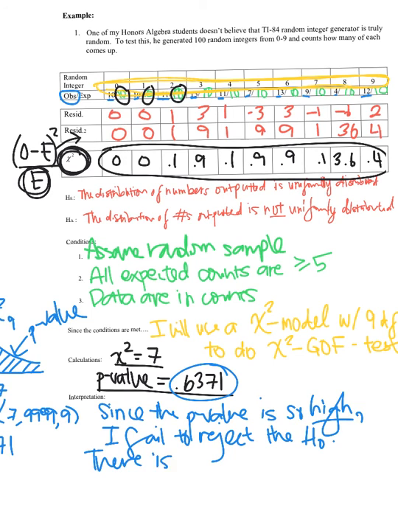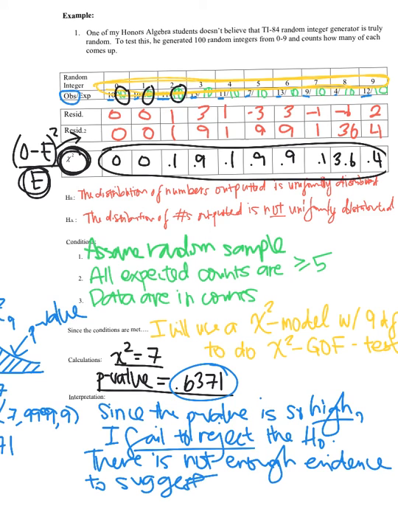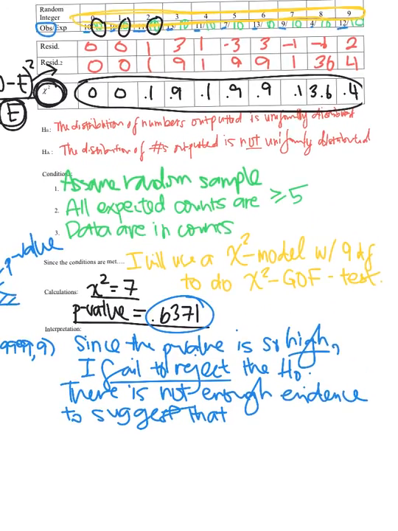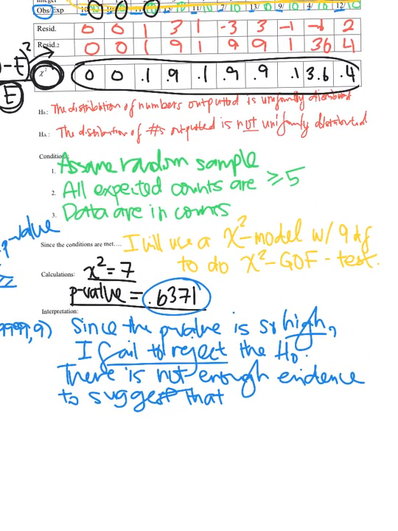There is not enough evidence to suggest that, and this is the best part of chi-square tests, your alternative hypothesis is already in sentence form, so you literally can just copy what you wrote in your alternative to suggest that